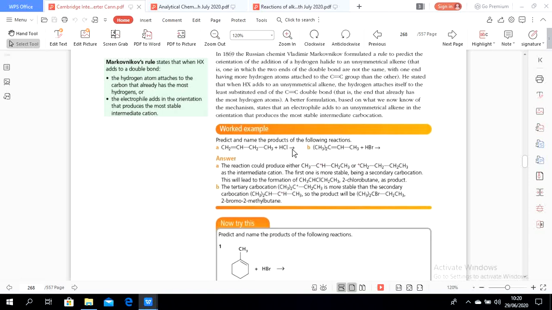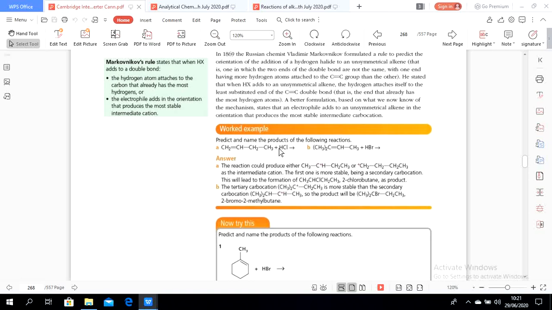Will form 2-chlorobutane. Okay, why is it like that? Because look at over here. In this carbon there are 2 hydrogens already. In this carbon there is only 1 hydrogen. We do not count the subsequent alkyl. How many alkyls attached, it does not count. Only how many hydrogens are attached to the carbon that is directly linked to the double bond. So here has 2 hydrogens, so over here already has an excess of hydrogen than the other carbon.